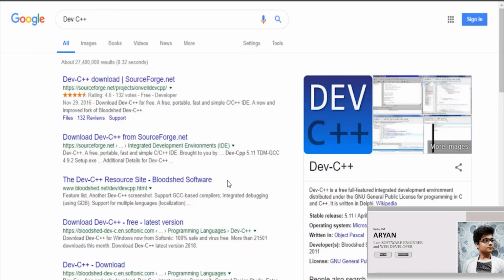Welcome to this lecture. In this lecture we are just going to download our Dev-C++ IDE. For downloading Dev-C++, I simply search Dev-C++ in Google. So this is a link of